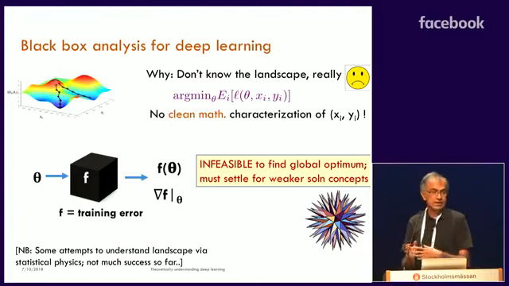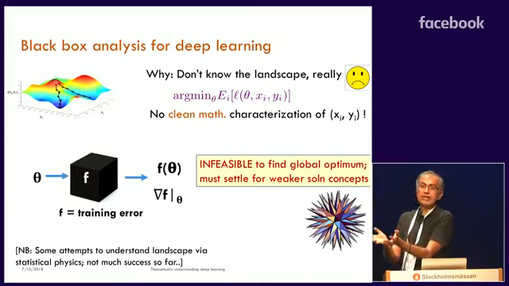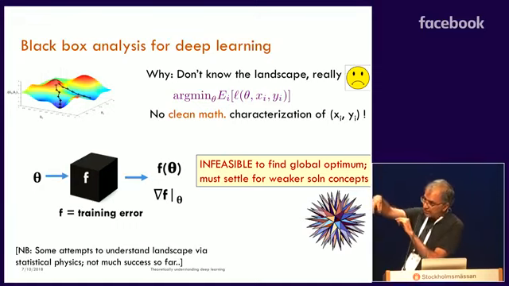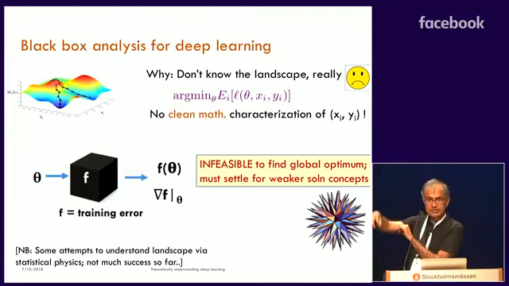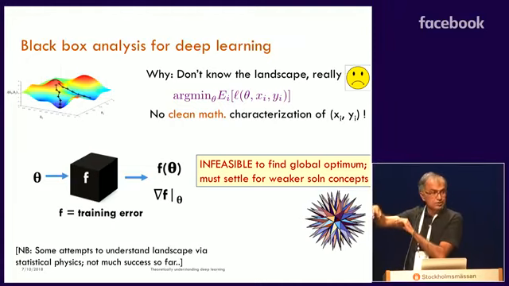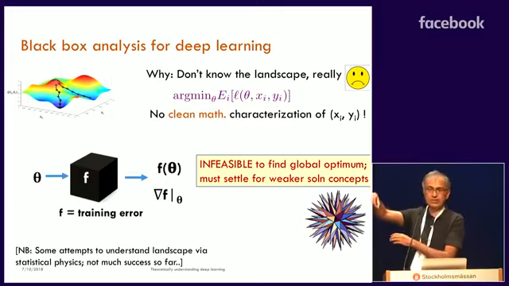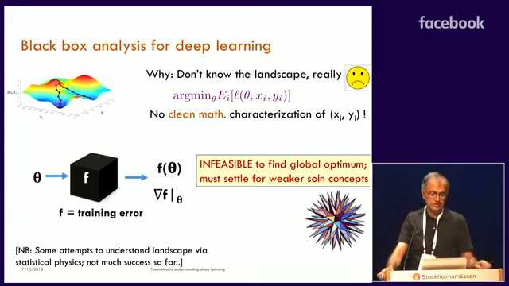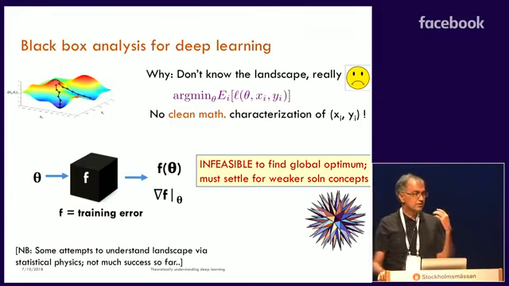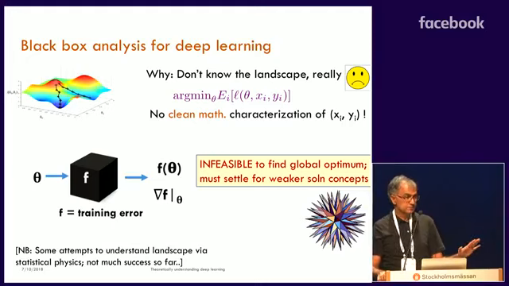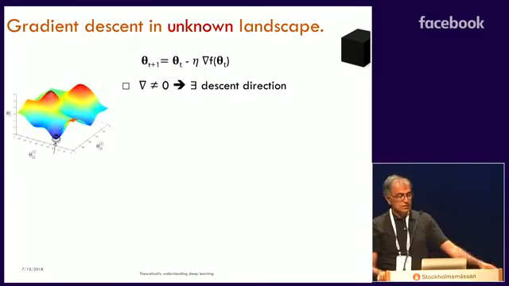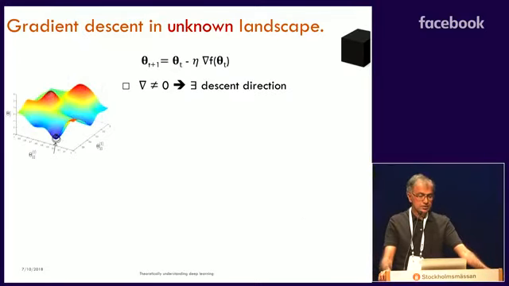Because it could be that this black box is representing a function which is basically the same everywhere. And then there's this one direction in d dimensions where it suddenly plunges to some low value. So now any black box algorithm will have to explore all of d-dimensional space to find this one direction where it's low. OK, so in a black box model, you cannot have a feasible solution to find the global optimum. So you have to settle for one of the weaker concepts, and that's what we'll see how you can do.